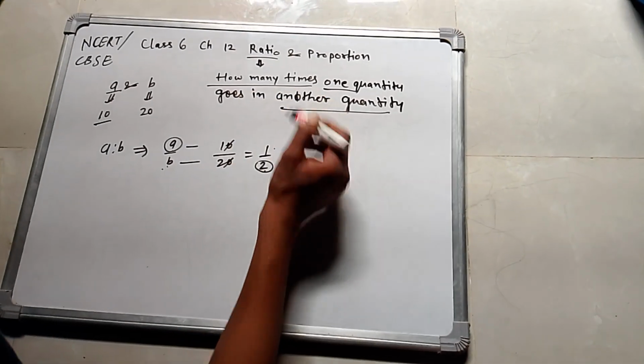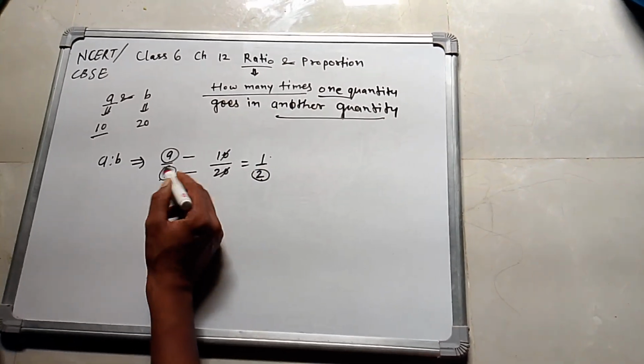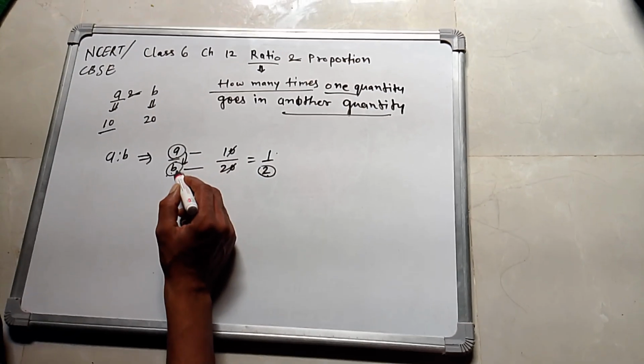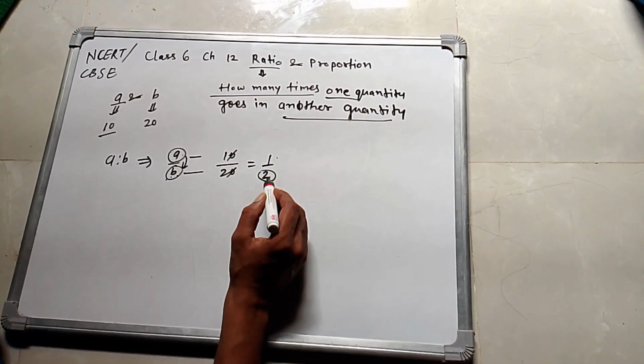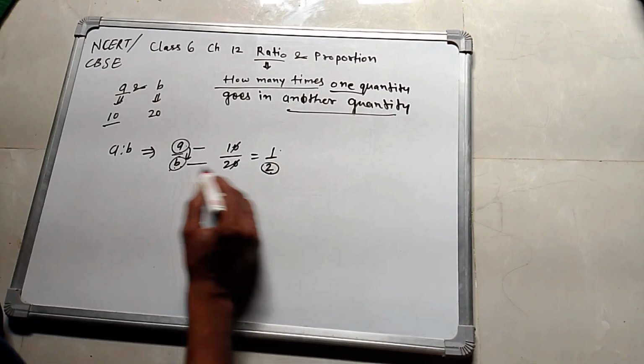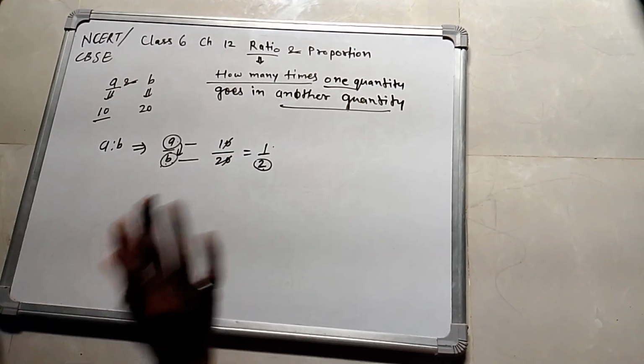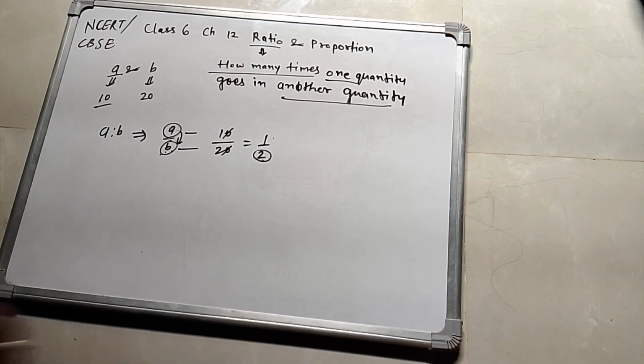And how many times? 2 times. A quantity is 1, B quantity is 2. B quantity is 2 times of A. That means this is the ratio. Definition of ratio: